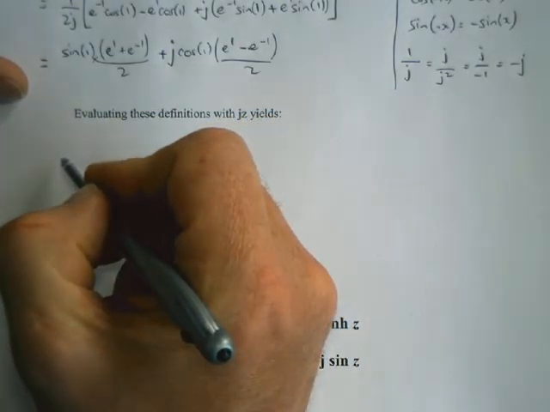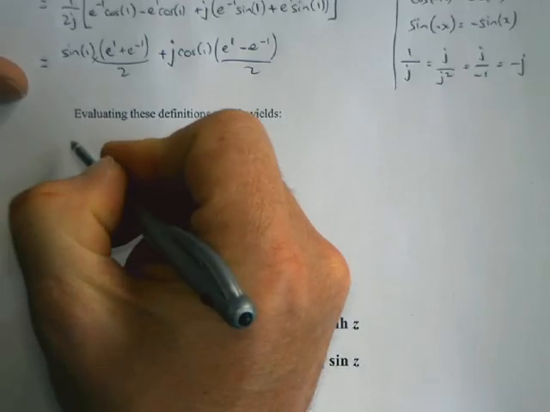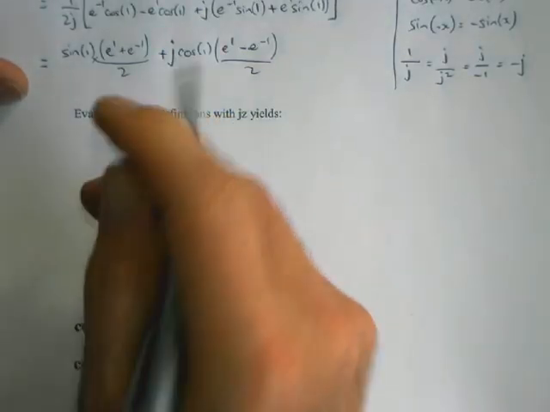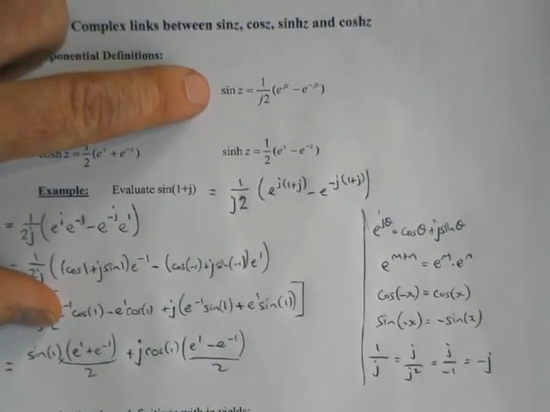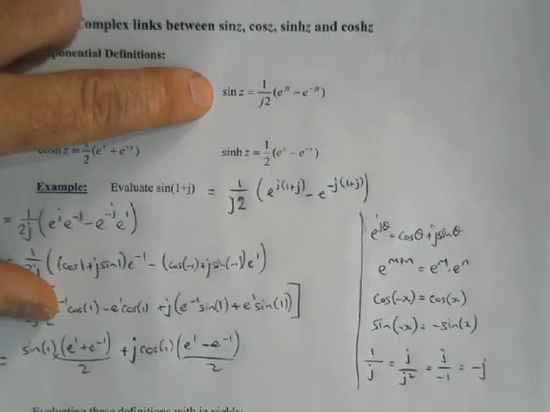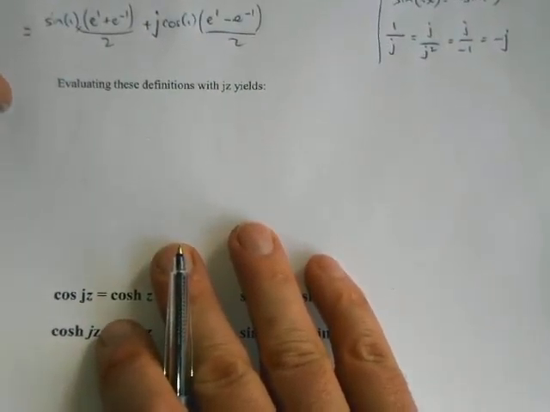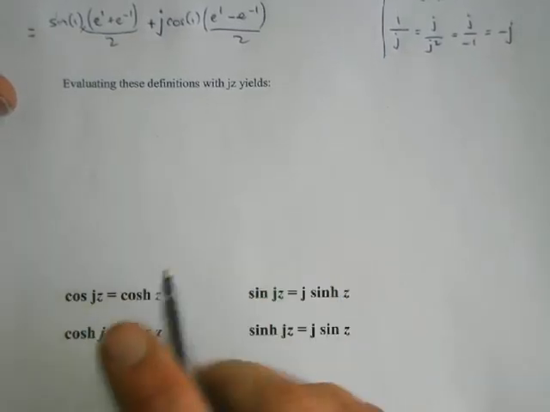So the formula I had at the top of the page said that, you have a look at the top. So the formula at the top, I'm going to use this one here, and I'm going to replace where there's a z, I'm going to write jz. So I'm just going to copy that same formula down again, and replace each z with a jz. So I end up with